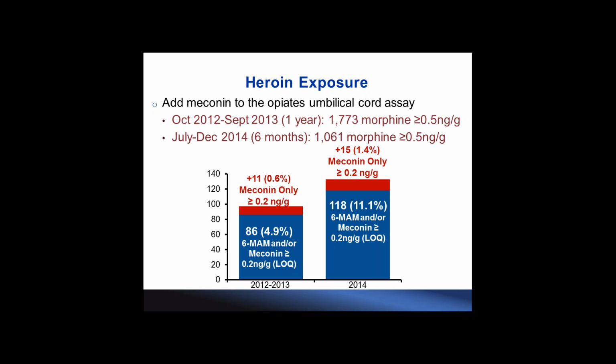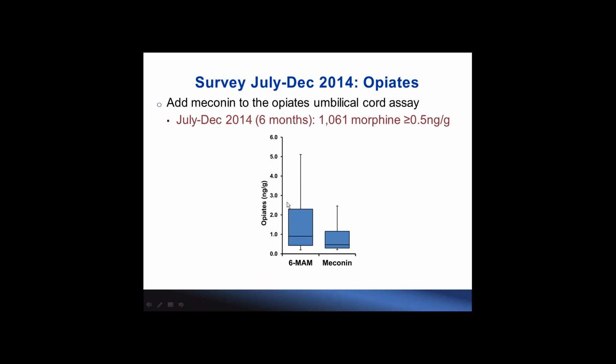We did this similar survey in this 6-month period that's more recent. We noticed that the proportion of morphine-positive cases that come from heroin exposure has increased quite a bit. So what are the concentrations looking like? For 6-MAM and monoacetylmorphine, both of them are below 5 nanogram per gram. So coming back to the cutoff concept, if there is a cutoff set at 5, because of how the test method is set up, we virtually cannot distinguish the babies exposed to morphine versus to heroin.